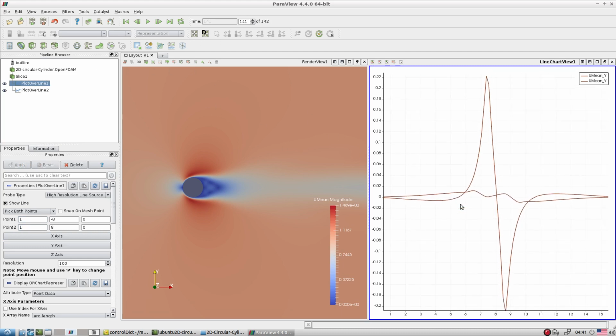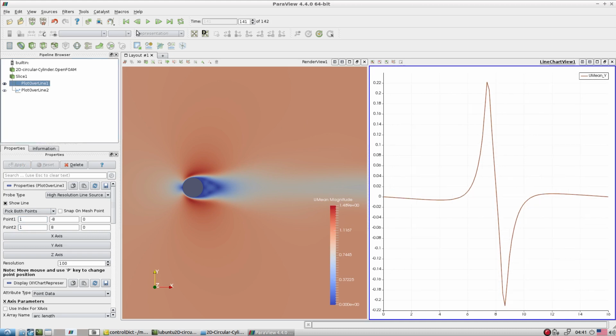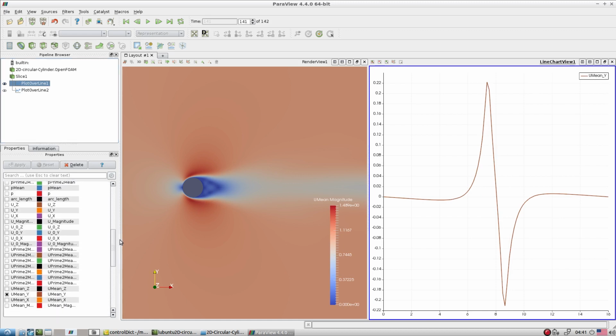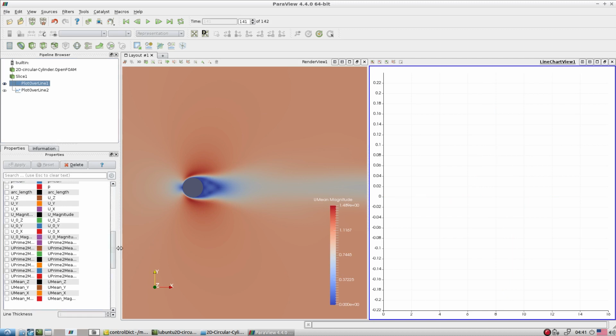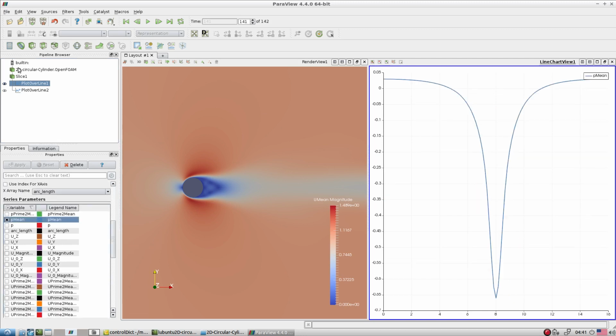Look, if you are very close to the cylinder, this is how you can see the mean y component. Similarly, you can check the mean pressure at those locations. So the mean pressure behaves something like this. If you look at the averaging, let's say we check the average at 130, and when you go towards 140, if this line is not changing, that means we can say that whatever time averaging we did is sufficient.